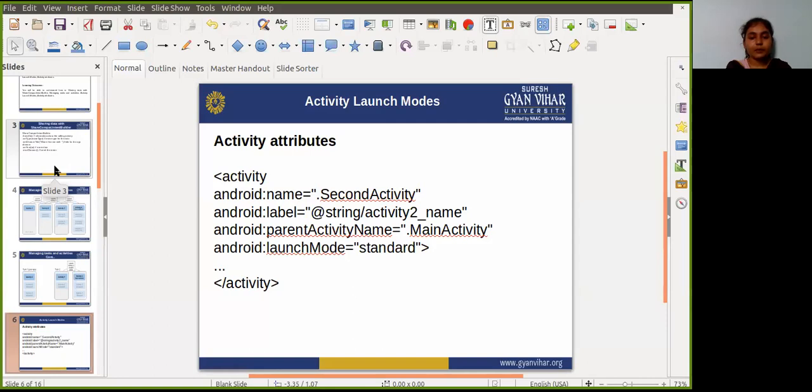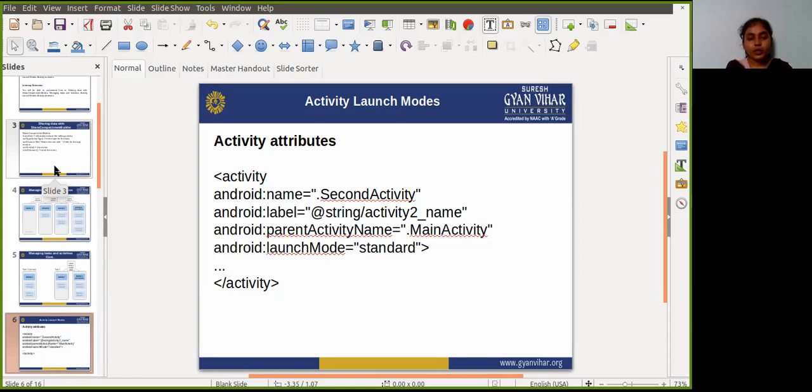An activity can be instantiated multiple times, and a single task can have multiple instances of the same activity. Multiple instances can also belong to different tasks inside the standard mode.